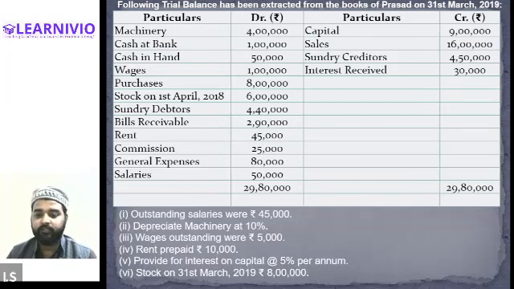Here it is written that there is a depreciation of 10% on machine. Okay, no problem. So first of all, write down the value of the machine in the balance sheet on the asset side. And from that value, we will be depreciating 10% of the value of the machine. So 10% will be 40,000. So we will write down the value of the machine in the balance sheet after adjusting the depreciation. That means machinery 4 lakh minus depreciation 40,000.